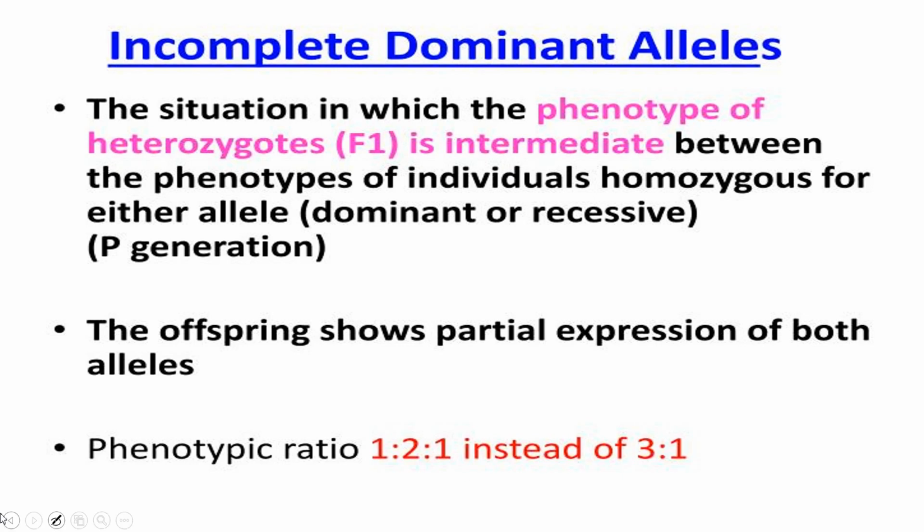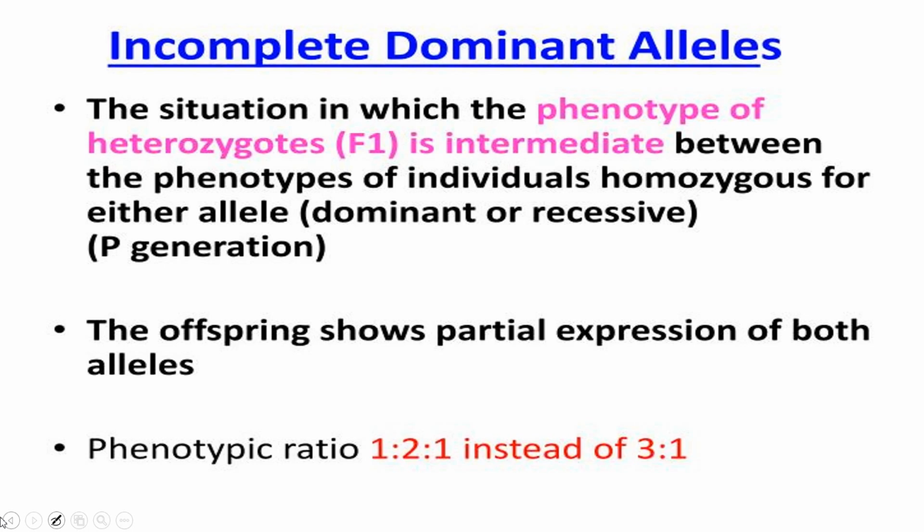In the case of incomplete dominance, both the genes of an allelomorphic pair are expressed in a partial manner, while in codominance they are expressed equally. In incomplete dominance, both the genes of an allelomorphic pair express themselves partially. One gene cannot suppress the expression of the other gene completely, and so the pair is not one dominant and the other recessive, meaning neither is dominant nor recessive.